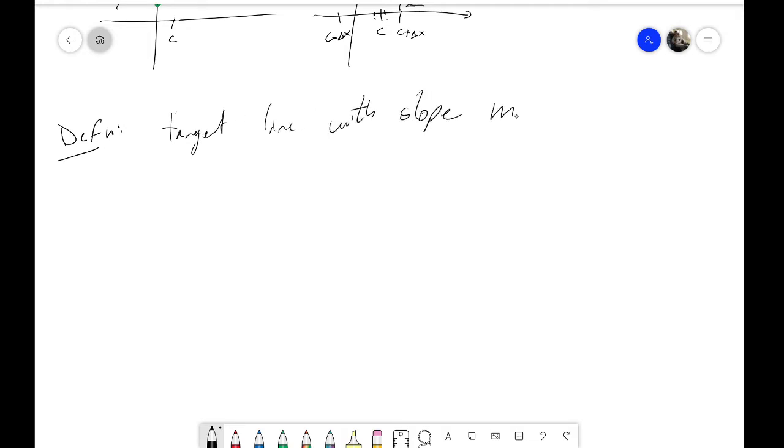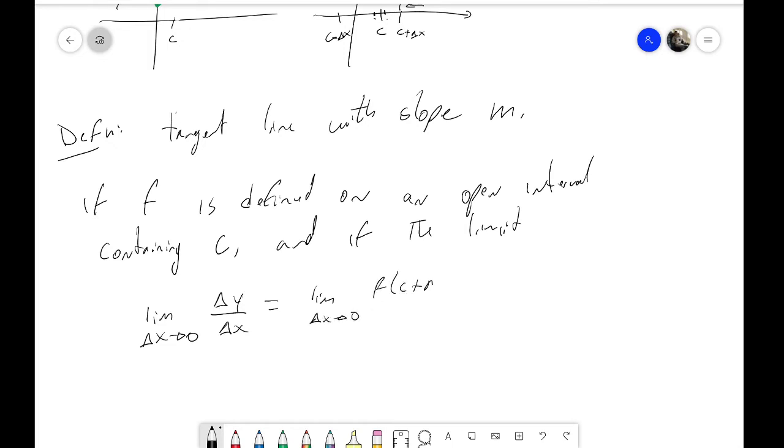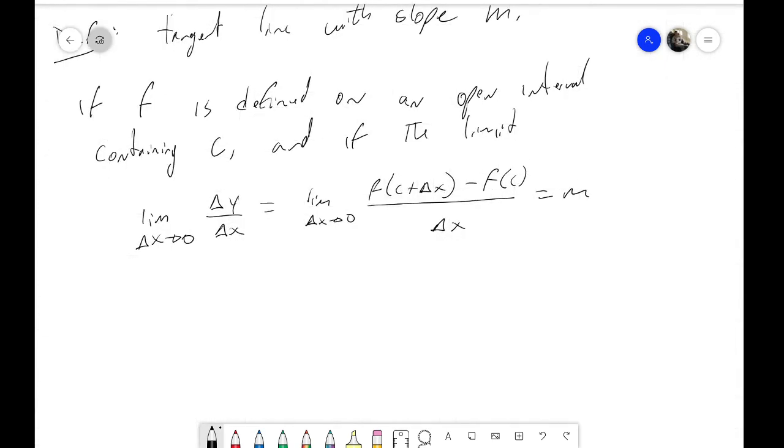If f is defined on an open interval containing c, and if the limit as delta x approaches 0 of delta y over delta x equals the limit as delta x goes to 0 of f of c plus delta x minus f of c divided by delta x equals m, if this limit exists,